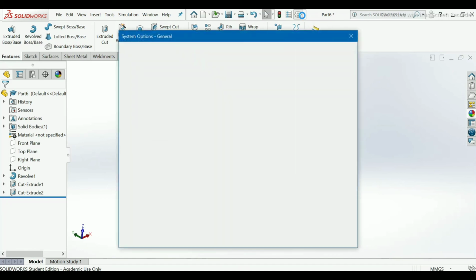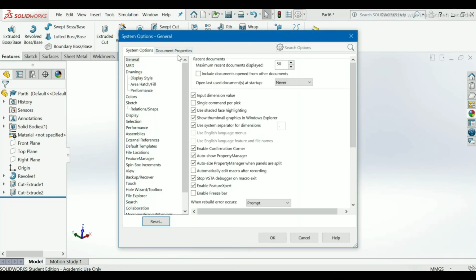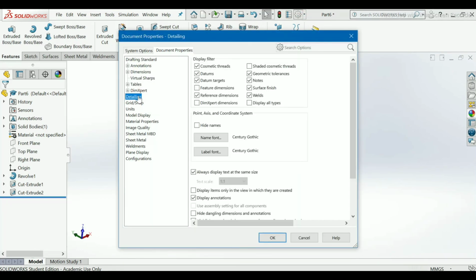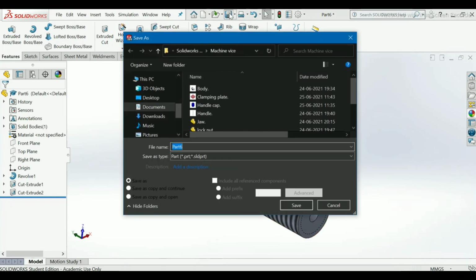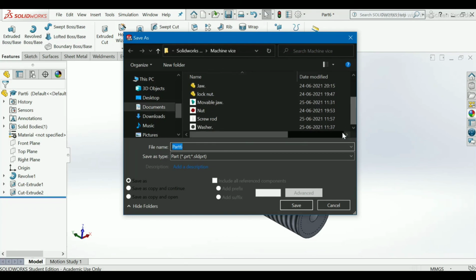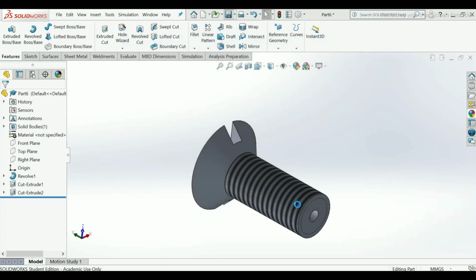Go to options, document properties, detailing, select shaded cosmetic thread, go to save, save this as screw M6 size, save.